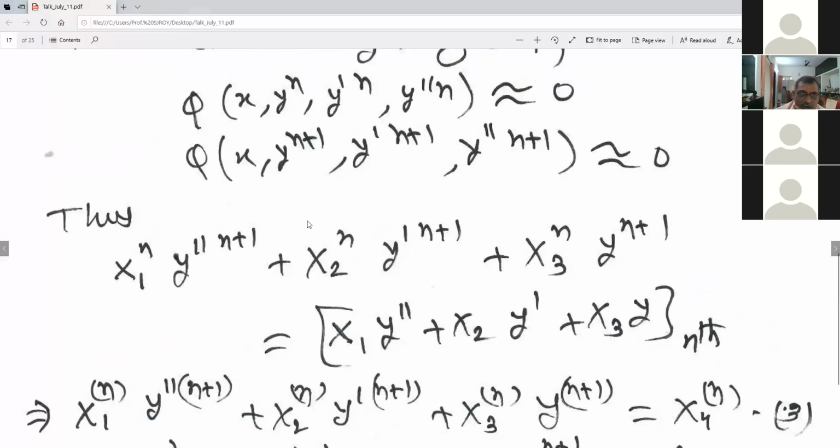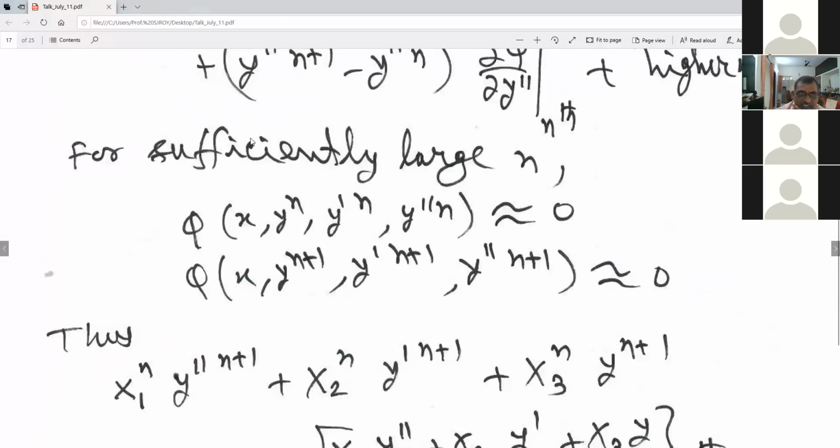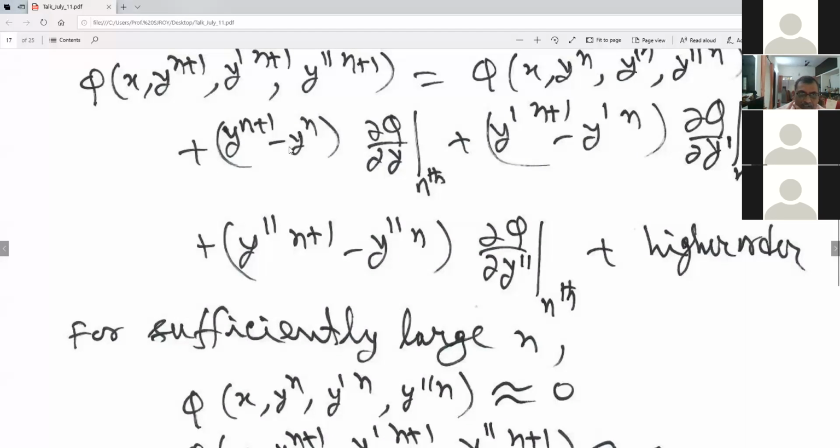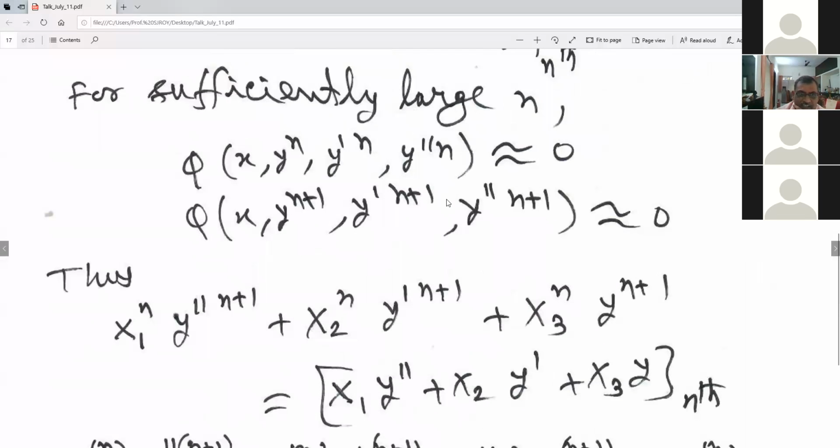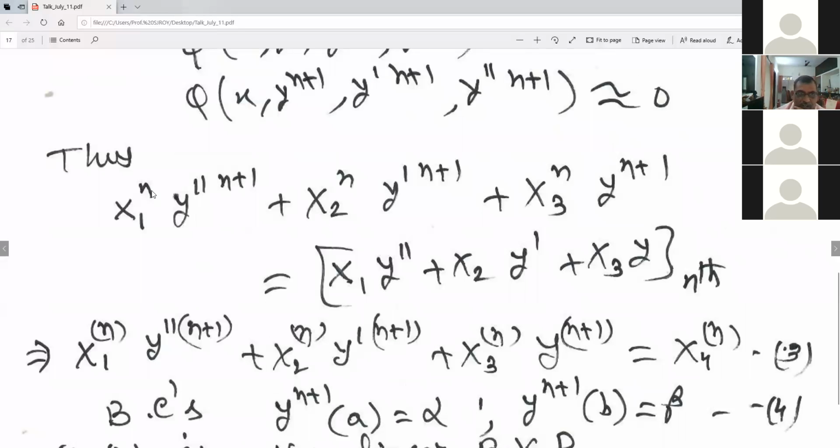So now I write these coefficients. See here it is the n plus 1 iteration, the nth iteration. This is Taylor series only. So you have this, and now that can be written as this: x1 n, these are nth iteration values. Some coefficient names I have given. This is the nth iteration values, and this is the n plus 1 iteration. Now the n plus 1 iteration is unknown if you know the nth iteration.